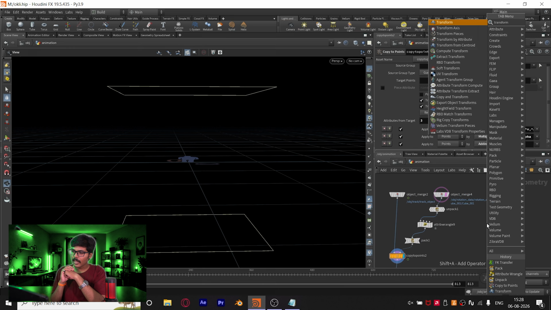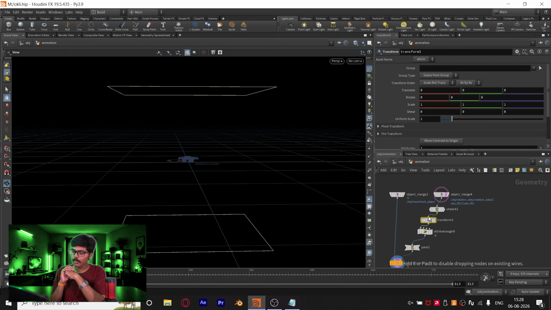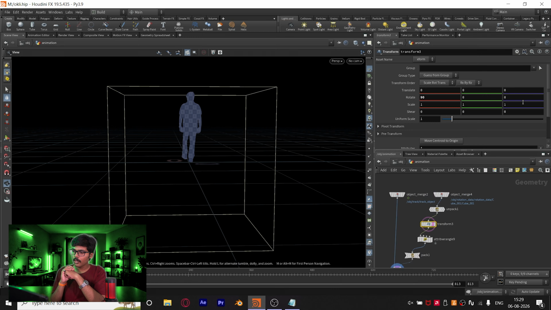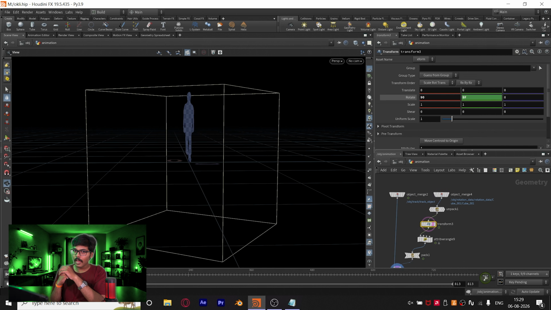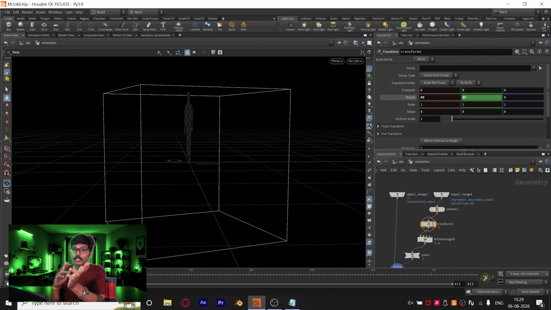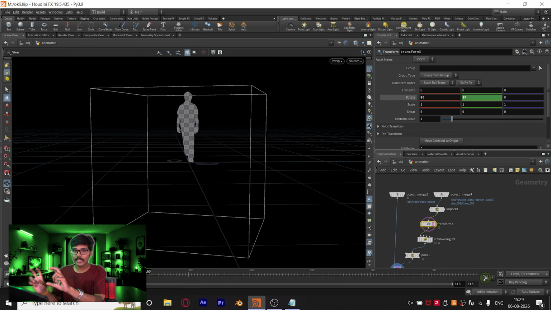So I'm just gonna get a transform node and I'm gonna manipulate this rotation data. If I set it to -90, 90, and in the y-axis rotation I'm gonna add $F. Now if you visualize this, the object is rotating with the rotation of the cube. I have not done anything to the object, it's the cube rotating, and that rotation data is being transferred to